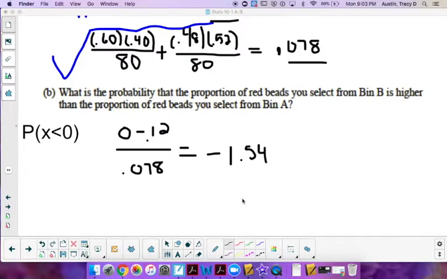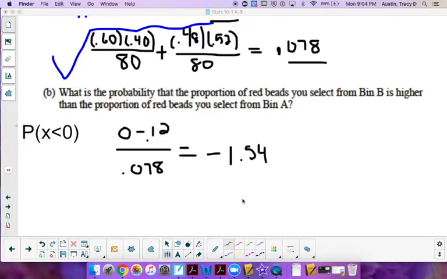Okay, so then we have to go look up negative 1.54, and since it's a less than, we don't have to subtract, which is nice. So let me go look up a z-table. Again, I'm doing this on my iPad because I forgot my stuff. So negative 1.54